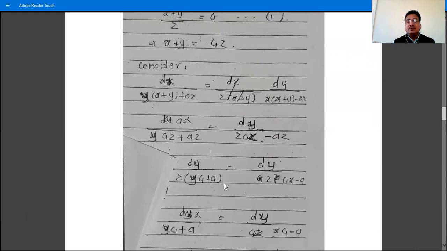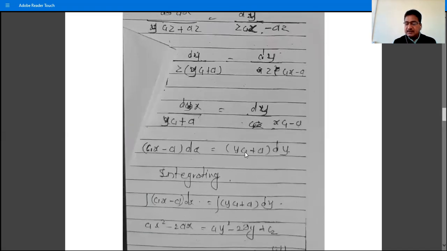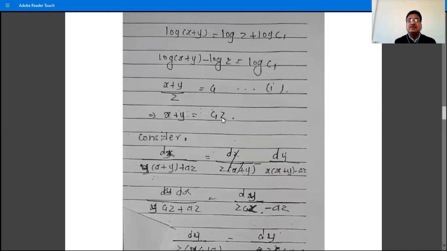And so what do we have? We have dy divided by z, take z as common, and cancel that z. And therefore what do we have? We have that only 2 variables are now remaining. And so actually it is the sub method of method number 1, that is, in order to find the second solution, use the first solution. That is, the first solution is what? X plus y is equal to c1z.